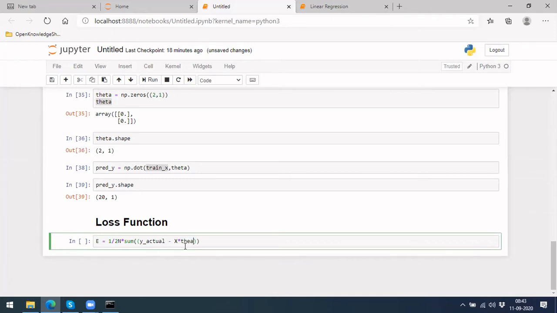Okay, something like this. This is square, right? So we can write square like this.